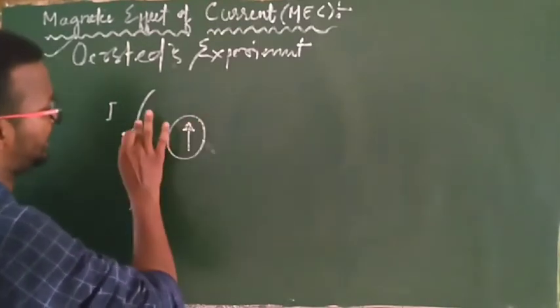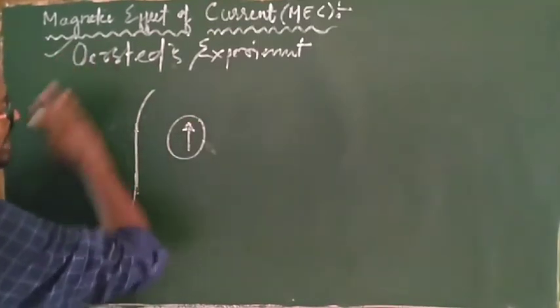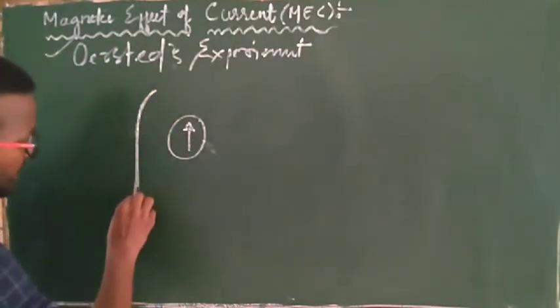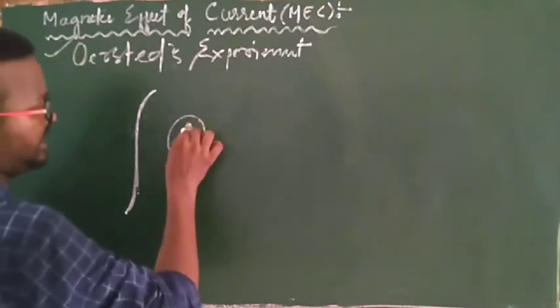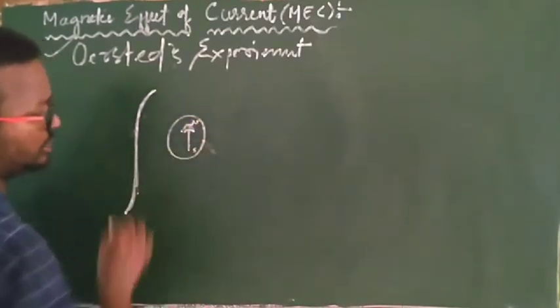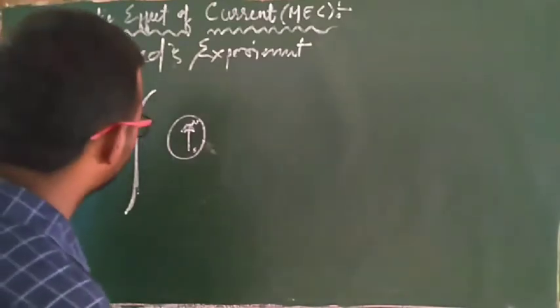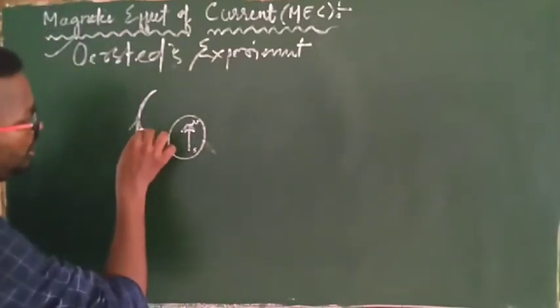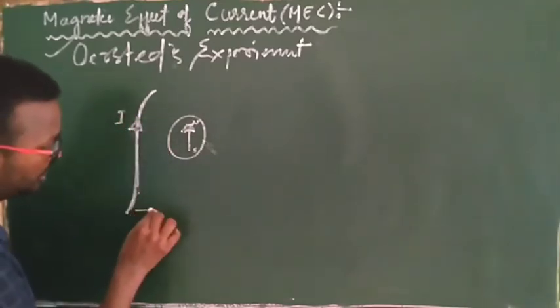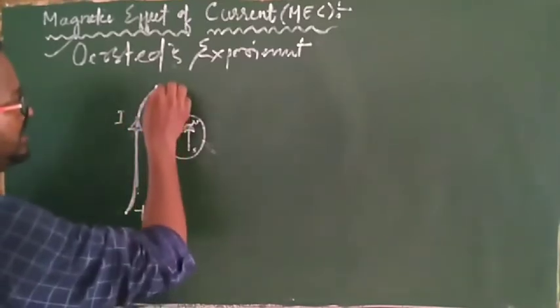Suppose this is the initial case and there is no current initially. This is a conductor, there is no current initially, and this is the direction of the north pole and this is the south pole of the magnetic needle. Clear? If current I flows through the wire, that means if we connect this terminal to positive potential and this terminal to negative potential,